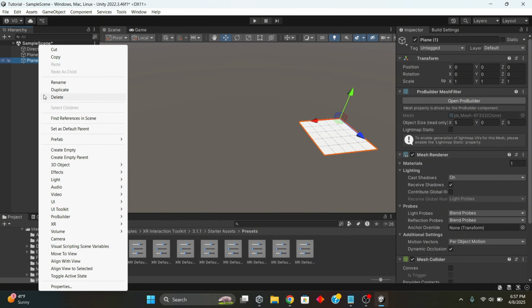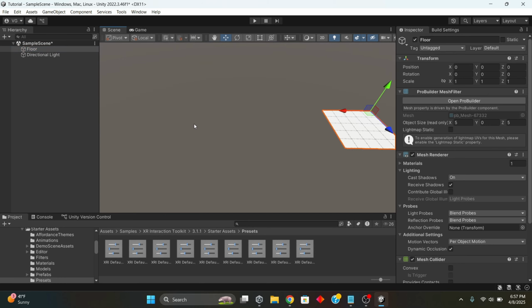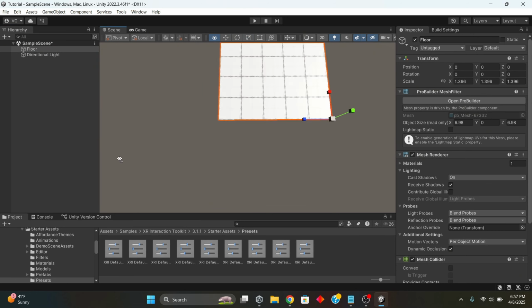Oh, I accidentally duplicated it. I'm going to name this floor. Now, I like to keep my hierarchy organized, so that's what I'm going to do. So now what you could do is make this a little bigger,